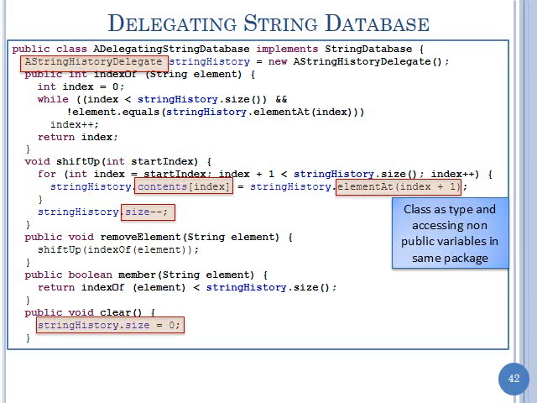But remember, there's public variables, there's protected, and there's private and default access. So you guys remember what the difference was between these? It depended on whether the two classes were related by an is-a relationship or they were in the same package. So it's not as bad as I'm making it out to be. Supposing a string database and a string history really are very intimately related to each other, you can put them both in the same package. Okay? If you put them in the same package and you do the